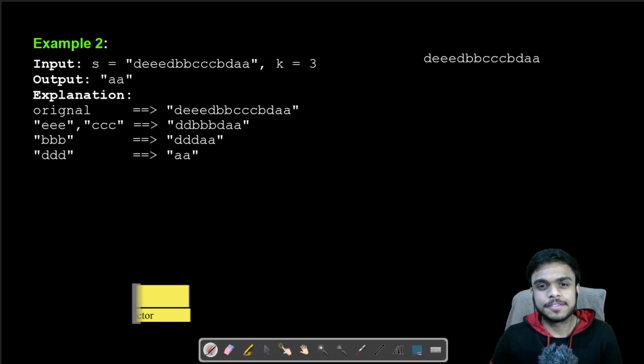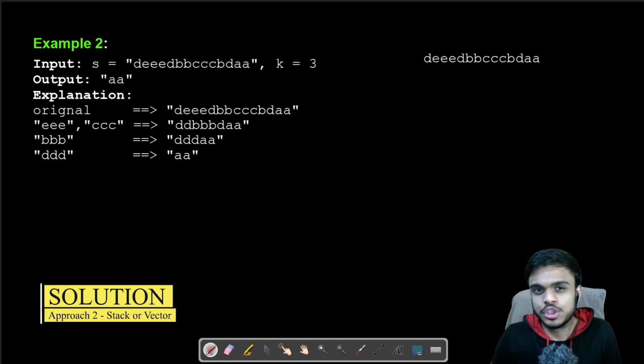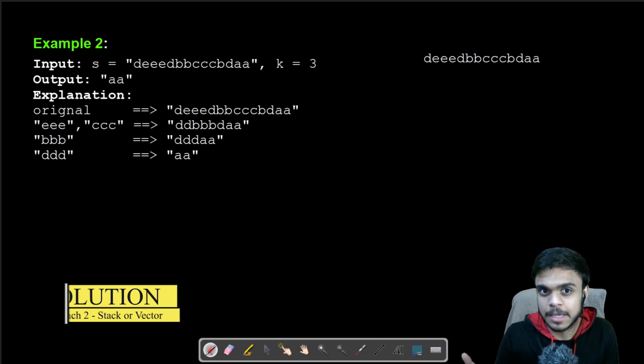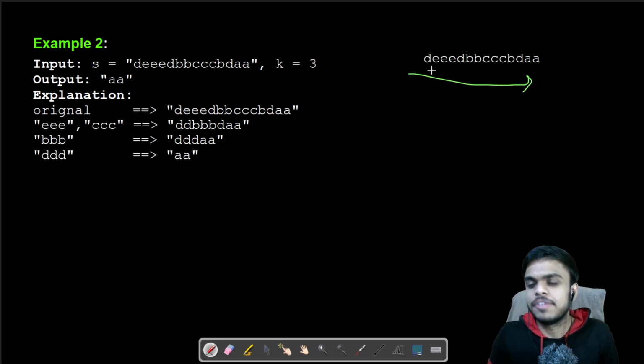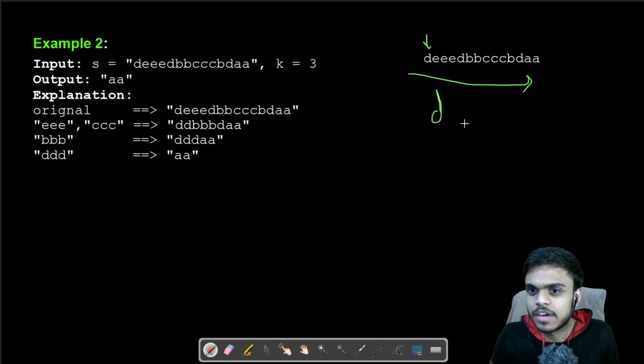The other thing we can do is use some space and keep a counter of how many times any particular element has occurred. Let's say we are iterating the string. Every time we get a new element, we store the number of times it has occurred. Let's say we start with D, so we have D equal to 1.